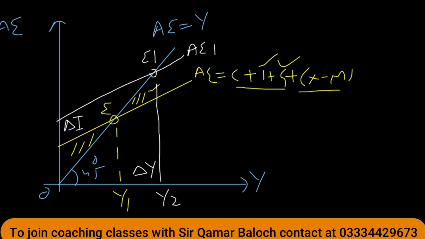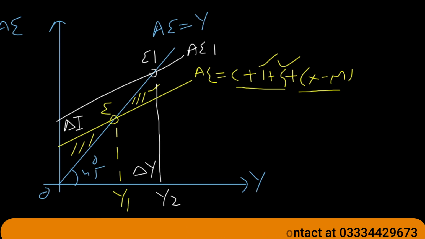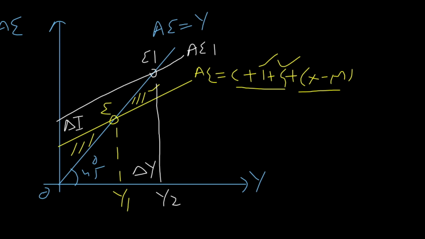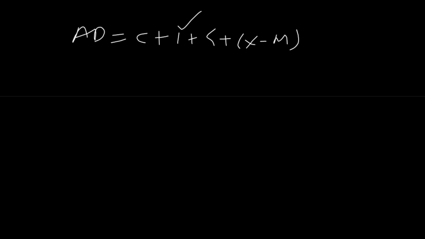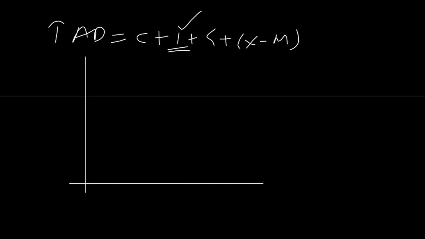So this is how we find out the value of multiplier, and we find the impact of change in investment on national income. Now coming to the second point, that is change in investment and employment. If there is change in investment, like investment is increasing, then definitely it will increase aggregate demand, as we know that aggregate demand is equal to C plus I plus G plus X minus M, and if there is increase in investment, if this component increases, then aggregate demand will rise, and whenever there is rise in aggregate demand, we know that aggregate demand curve shifts to the right.